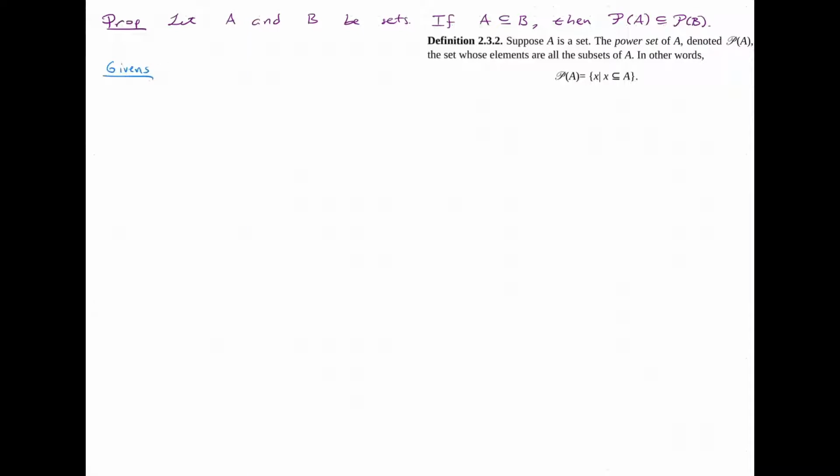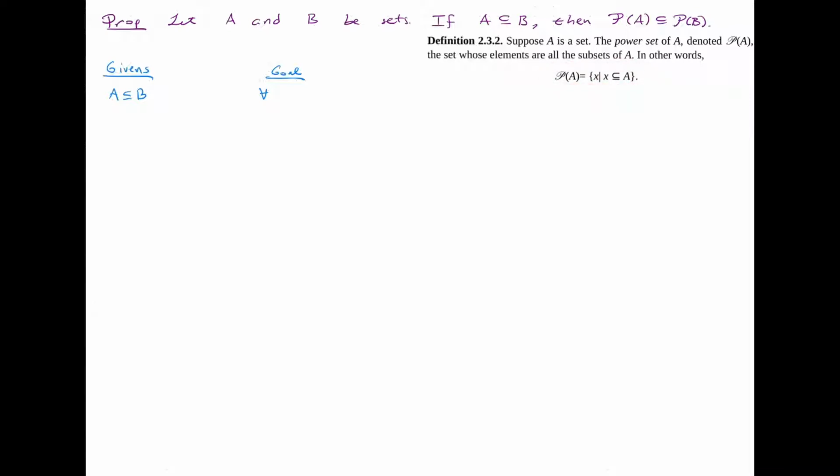So when we look at it this way, we are given that A is a subset of B. And our goal is to show that the power set of A is a subset of the power set of B. But if we rewrite this in terms of its logical form, what we end up getting is the following. For all, and in the past we've used lowercase x's, and Velleman does this, where he does use a lowercase x in this notation for inside a power set.